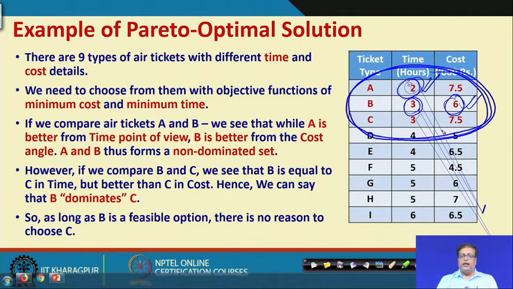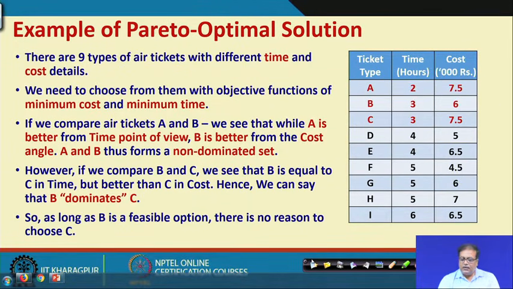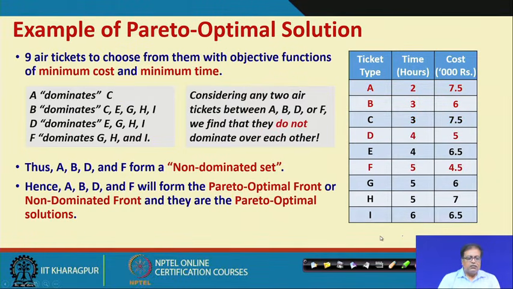So, what about A and B? You can say that A and B form a non-dominated set, is that all right? So, in that sense A and B will be candidates for the Pareto optimal solution, is it all right? So, these are some of the things which we should understand very clearly